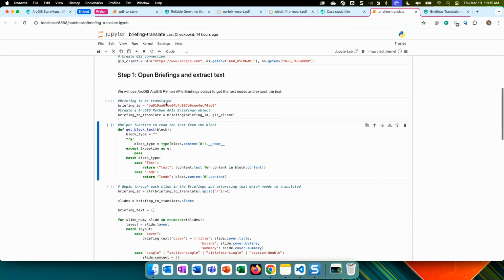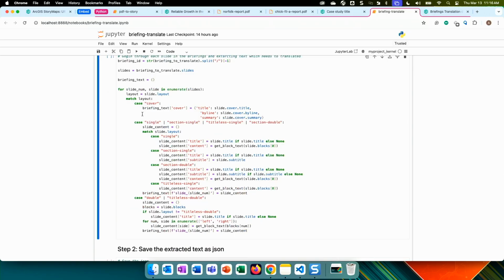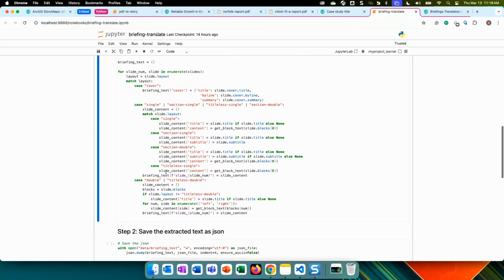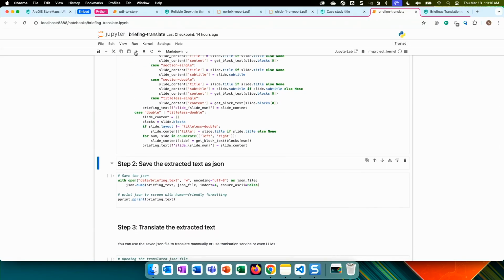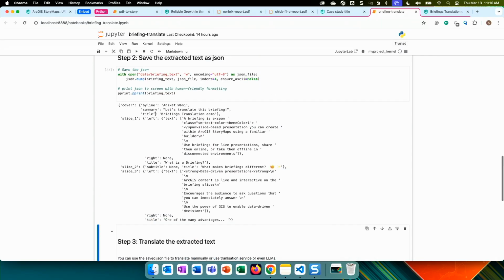So I'm going to use that functionality, go to each block and extract the text from that particular block. If it is an image, I don't want to extract anything. If it is a map, I do not want to extract that content. But if it is a text block, I want to extract it. So that's what is happening over here. And then once I get the extracted text, I'm going to just save it as a JSON file and print it